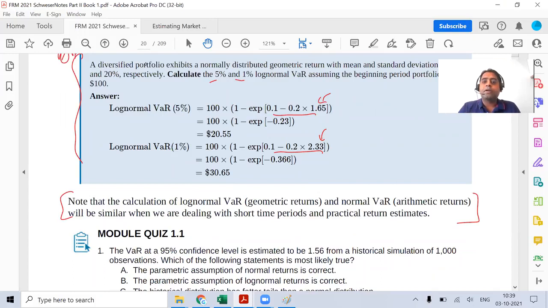Since geometric returns take the data points or the payments that we are receiving, it is continuously invested. So when you want to find something for a shorter period of time, the arithmetic return and geometric return will give you close answers. But when we look at a longer time horizon, geometric return will give you a bigger answer as compared to your arithmetic return. The basic reason being geometric returns consider that whatever cash flow we are going to get is getting reinvested again and again.